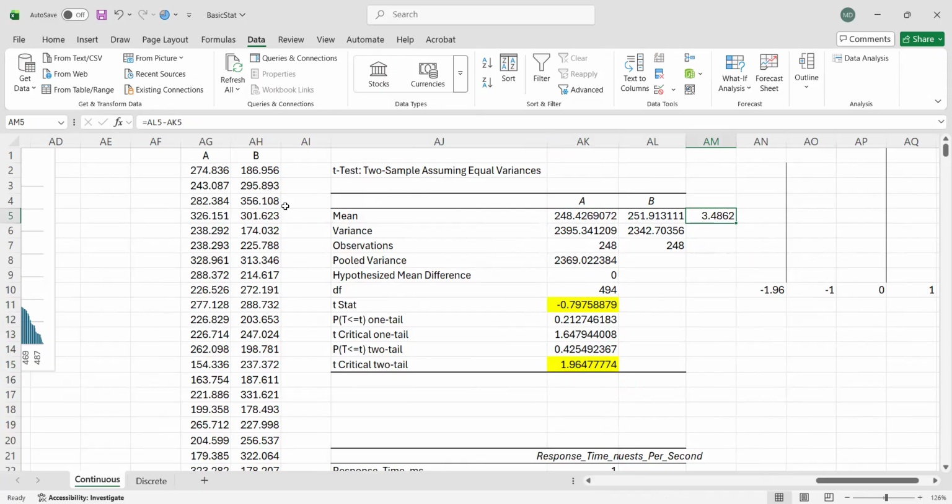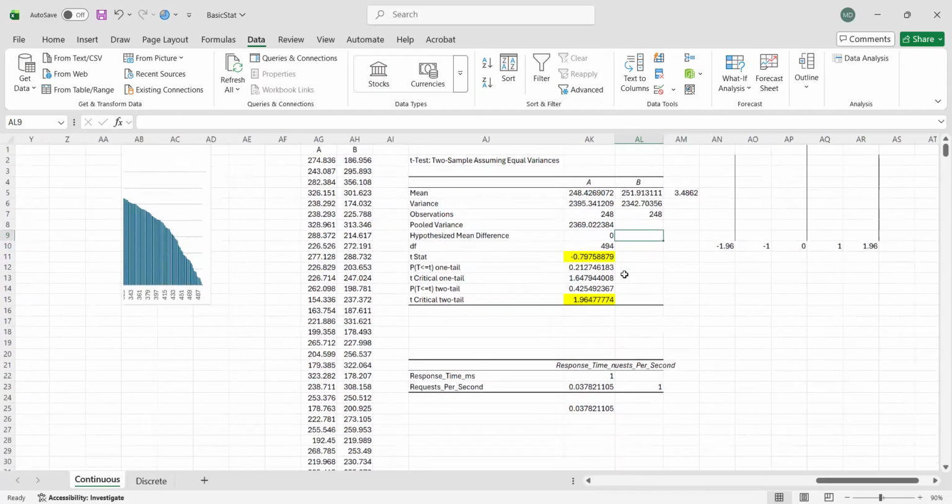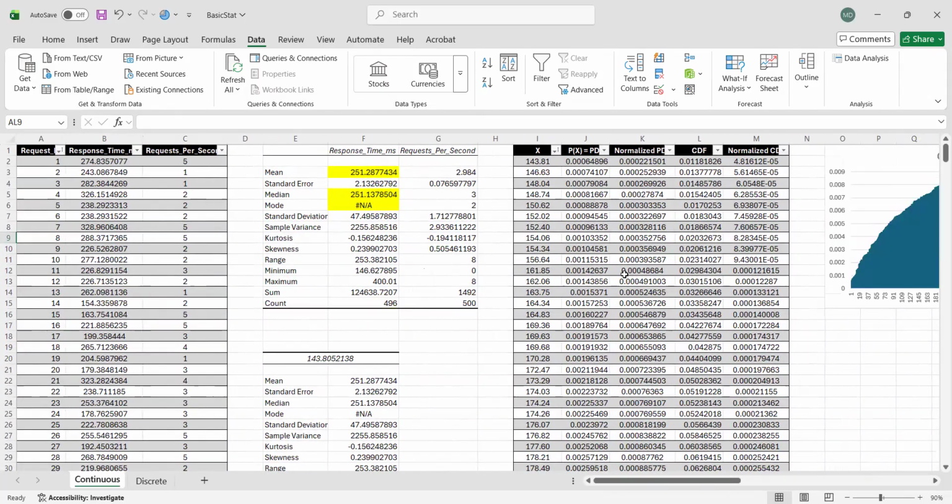We can say that, since this is response time, the response time is longer in the graveyard shift compared to the morning shift. Or maybe the response time of employee 2 or employee B is significantly longer compared to the response time of employee A. So that could be your interpretation for that. These are some of the things that we can do using Excel regarding numerical or continuous data.